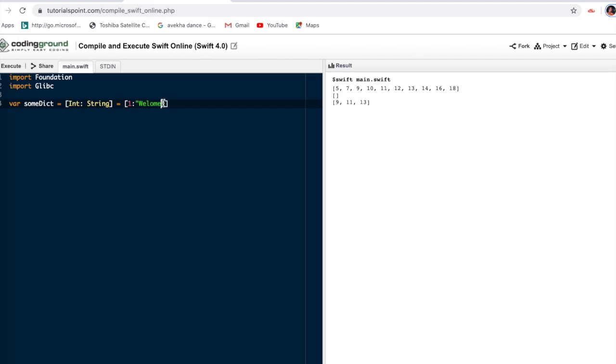After that, this dictionary is actually like an array. A dictionary means an array or collection of pairs, that is a dictionary. So I am writing the other two, that is hello, and I'm just going to print my dictionary.